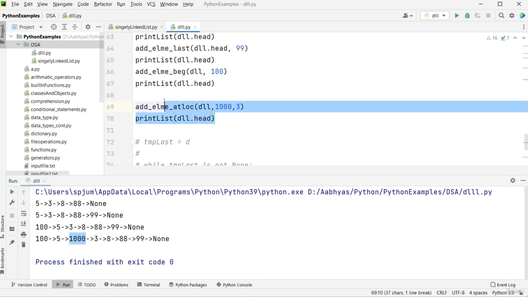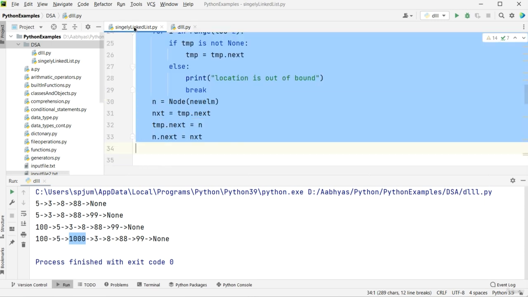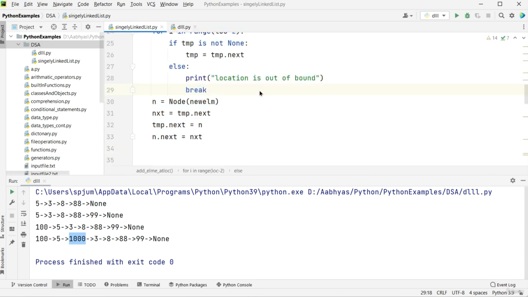So this is how we can add an element in the doubly linked list as well as in the singly linked list. So I hope you have